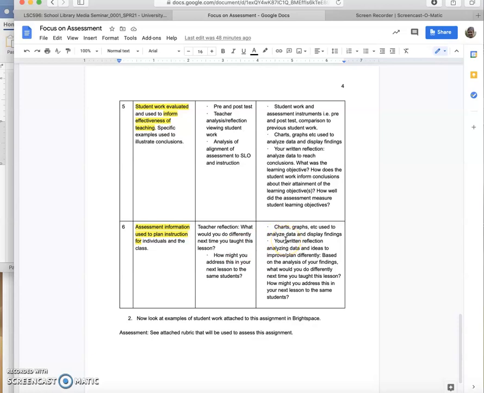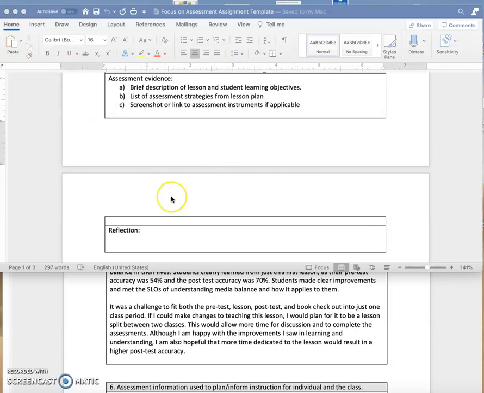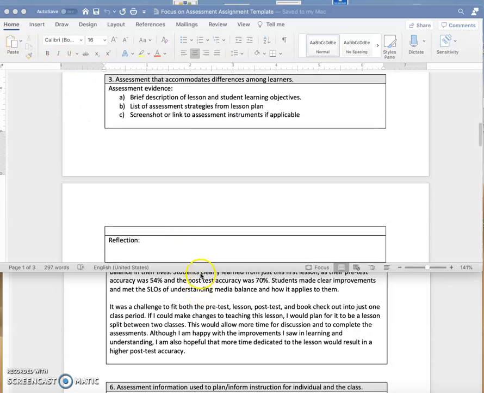Actually, this is a pretty easy one for librarians, especially at the elementary level, because you tend to teach the same lesson multiple times. So after the first time you teach it, you should stop and reflect on what went well and what you should do differently, and then the next time you teach it, you can implement those changes, and then you will have shown this one. So now I'm going to show you the template that you are going to use to